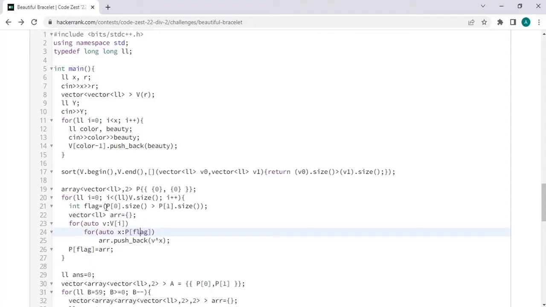Here if the condition turns out to be true, then the flag value will be 1. If the condition turns out to be false, then the flag value will be 0. So let's consider the initial case. Both of them have size 1 because 0 is stored within them. So the condition turns out to be false because both of them have equal size. In that case, the flag will be initialized to 0. So p of 0 will be iterating,